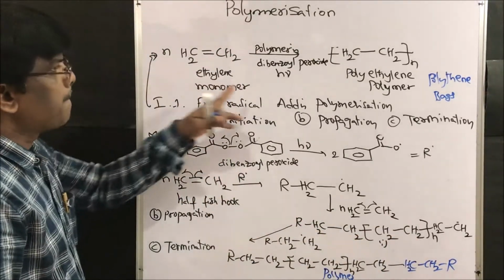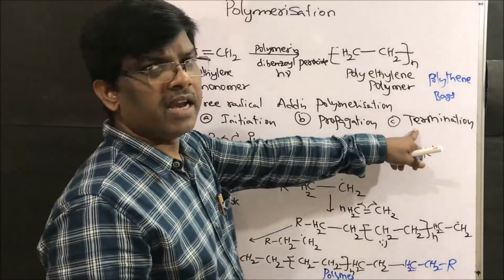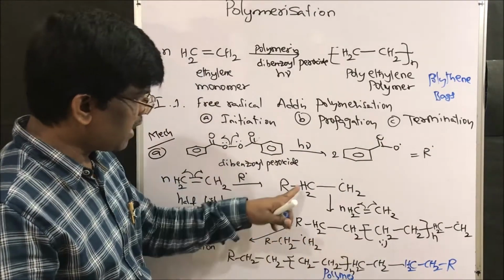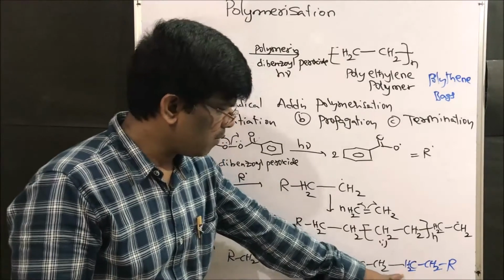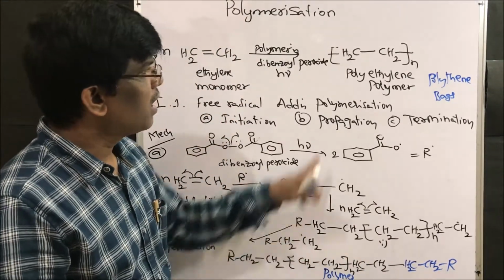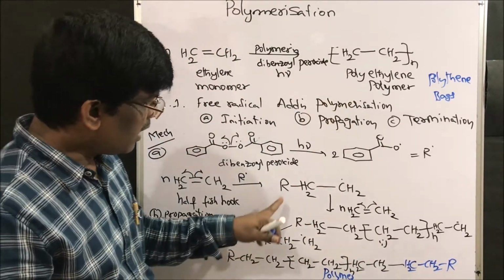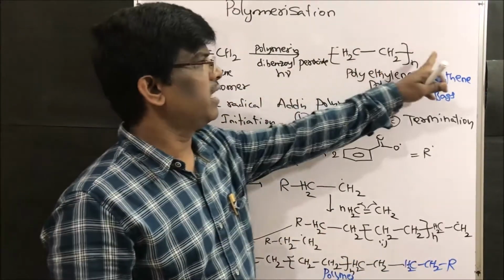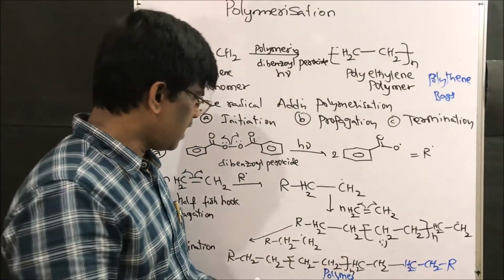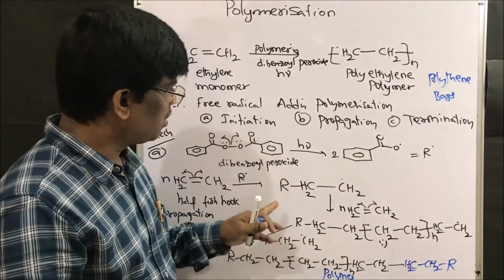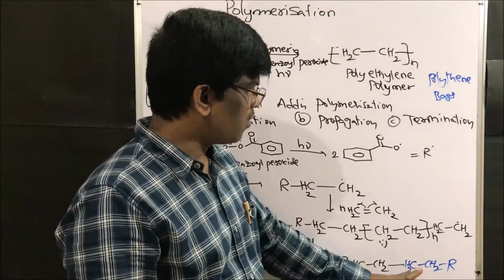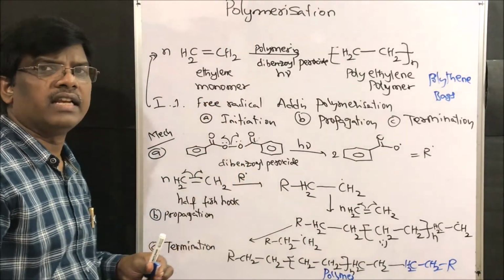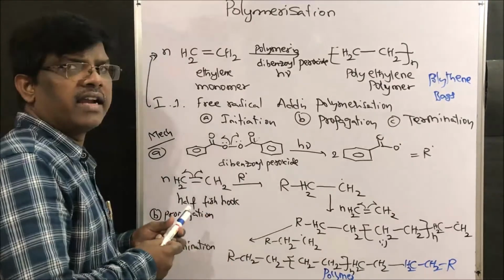This is the propagation step. Then how does it terminate? In termination, this polymer may react with this to give this polymer. So this is the total polymer, right? And this is the two sides. It is very simple. That is why usually you will not get R at the end. Don't worry, right? So CH2, right? This is the polymer we get, and this is polyethylene. This is how we get polyethylene. What is next? Yes, cationic polymers.